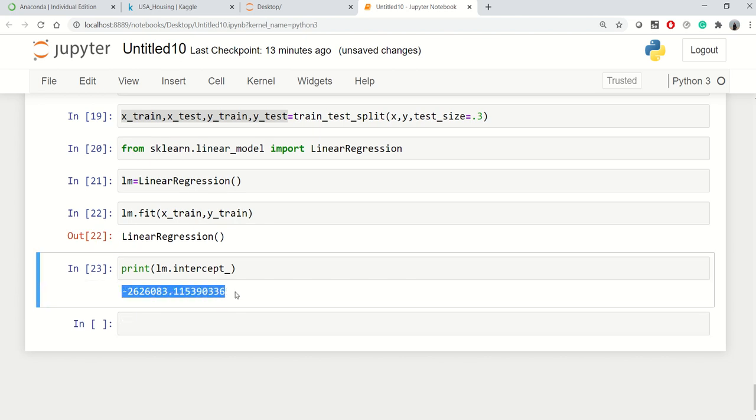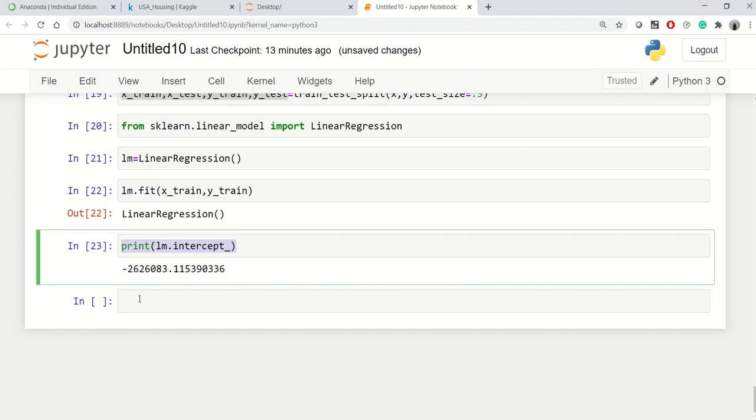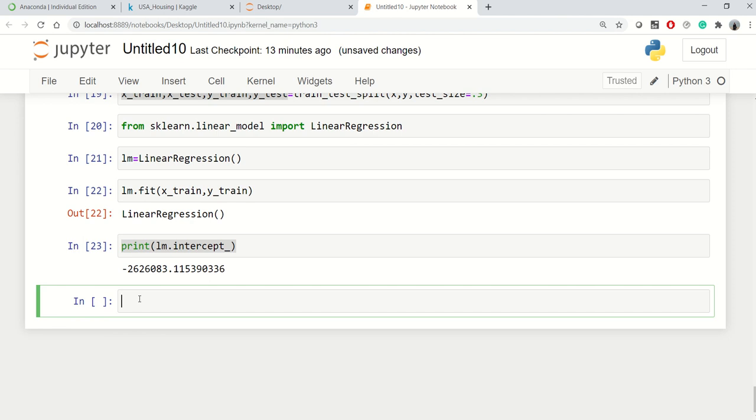Now if you remember from the explanation of linear regression, there were 2 things, one was intercept, the other was slope. So this is the value of intercept, and the whole idea behind linear regression was to find the value for slope and intercept. Now let's see what the coefficient or slope is. If you are feeling uncomfortable about these things, then I recommend you go ahead and check the linear regression intuition videos in the description box. I have given the link.